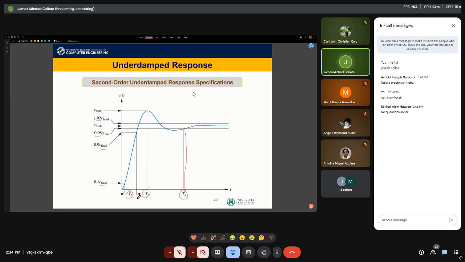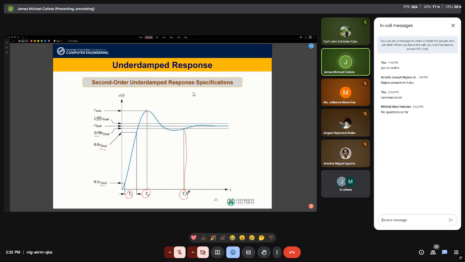Project it here, go down to the horizontal axis or the time axis. Get the difference here, that's our TR. TP is, yeah, follow the output. If it reaches the maximum value, that's the peak. At what point, what time did it reach the maximum value? Project it down, that's our peak time.